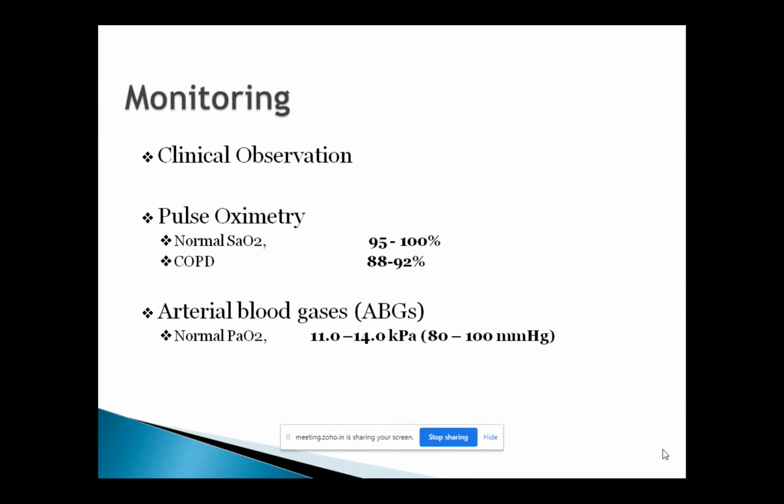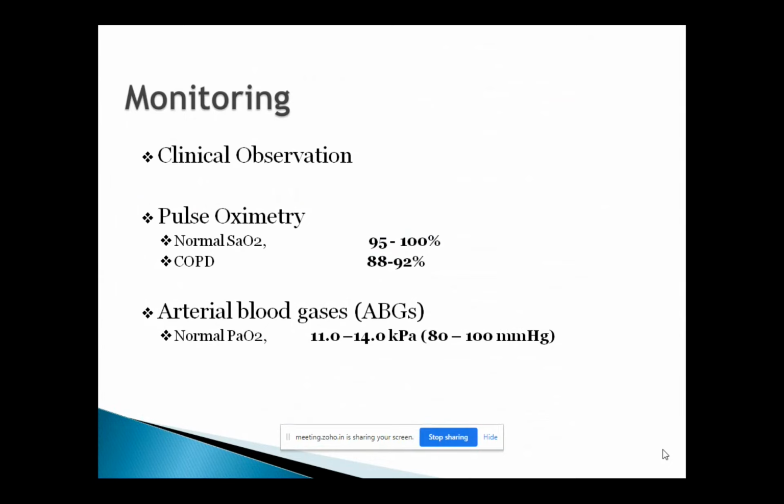Then some patients can deteriorate. Then the doctors may consider doing a blood gas, which we call arterial blood gas analysis. You can also do venous, but most of the time it is arterial blood gases. They take blood from the artery and put it on the machine, and then the machine gives you the level of partial pressure of oxygen and carbon dioxide, and also the saturation. But most of the time, people will be started on oxygen based on their saturation level.